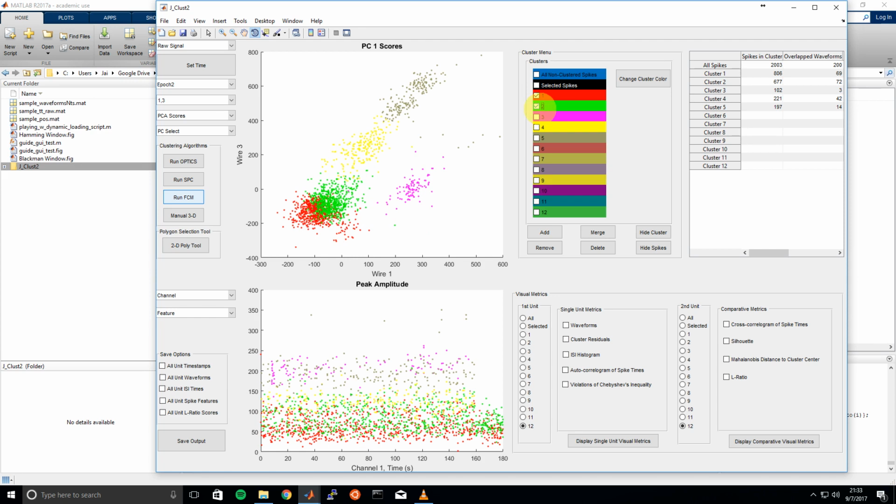Another thing you can do is manually edit clusters. So fuzzy c-means will cluster every single spike in your data set when we know that some are clearly noise spikes. So we can select this 2D poly tool here, select the feature plot, this is the time scatter plot here, and we can start drawing a polygon around the points that we want to remove from our cluster. So we'll do something like this. Okay, and then you right-click to close the polygon, enter to select those points,